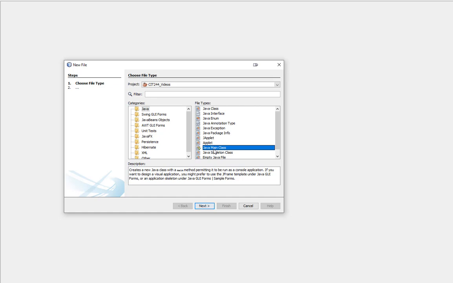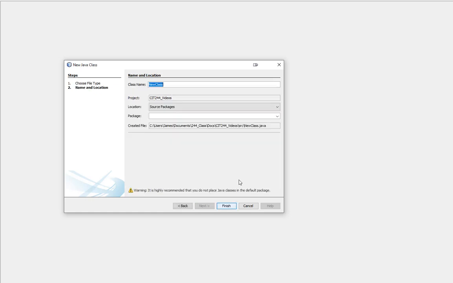If you took me for 111, we made Java main classes for the entirety of the semester. Apart from the final week, I kind of walked you through objects a tiny bit. But what we're going to do today is a little bit different. We're going to hit Java class, so not main class, you want Java class. So we're going to do this, and we're going to call this